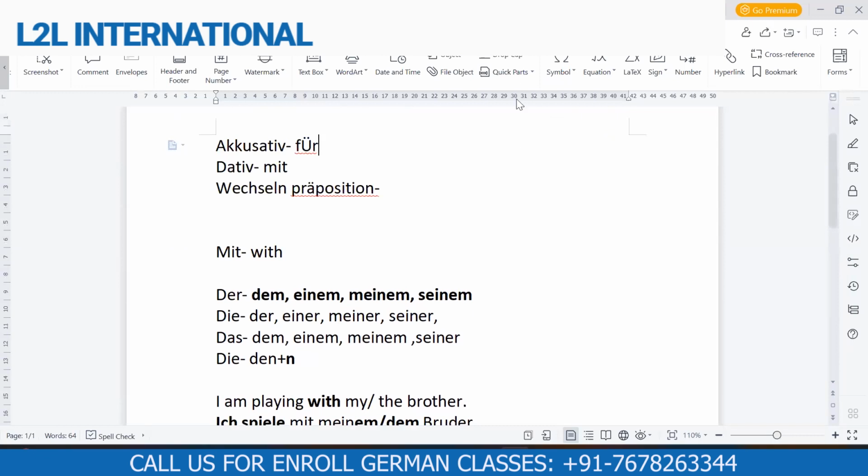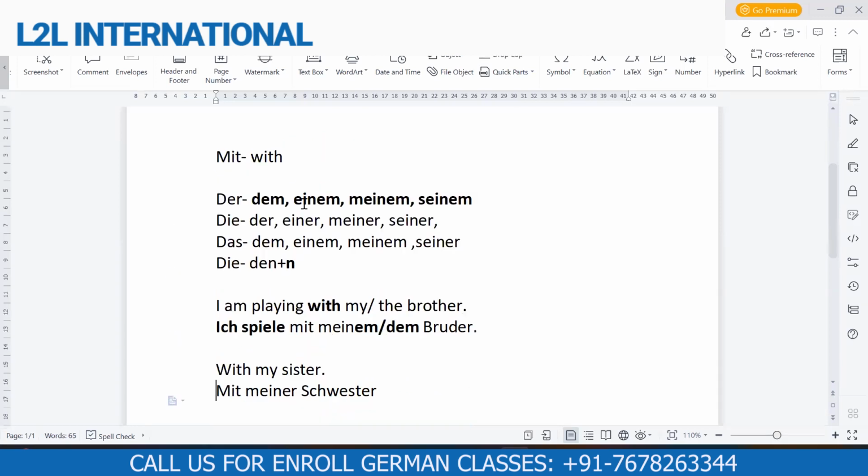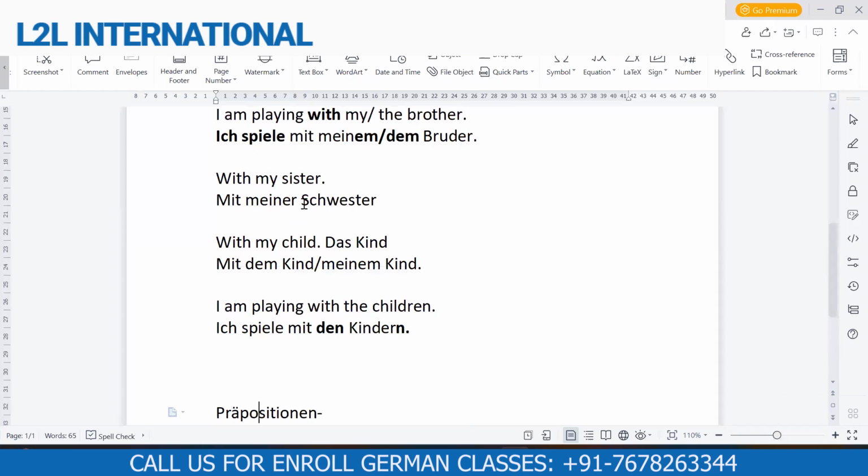So let me do a quick revision. There are 3 types of prepositions: accusative, dative, and variable (two-way) prepositions. Accusative we did in the last chapter, "für", which was an accusative preposition meaning for. And in this chapter we will be doing "mit" and some other prepositions as well. And then two-way prepositions are those prepositions which have no particular case, which means it is not dative, it is not accusative. Sometimes it becomes dative, sometimes accusative. And how and when it becomes dative or accusative is the topic of chapter 8, so we'll not discuss it right now. We'll straight away come to the dative prepositions that we have in this